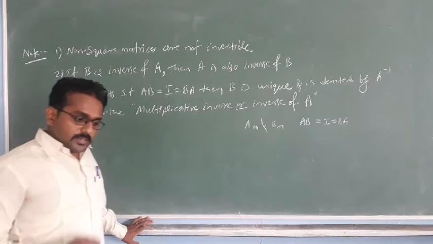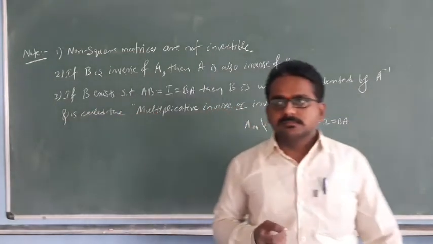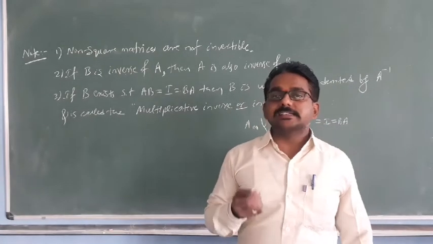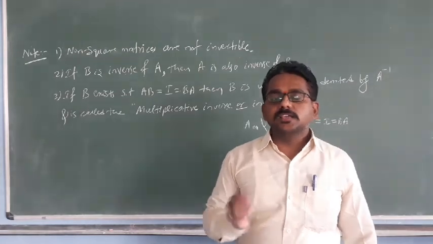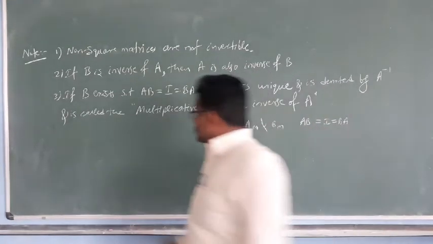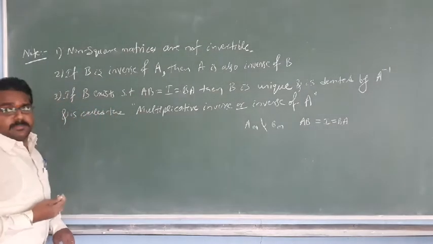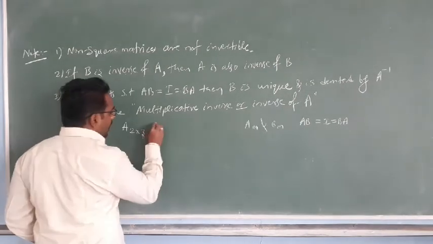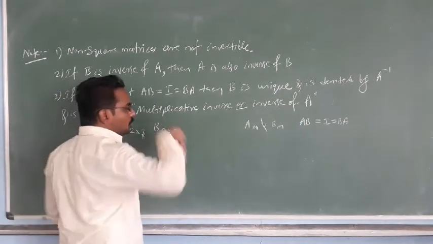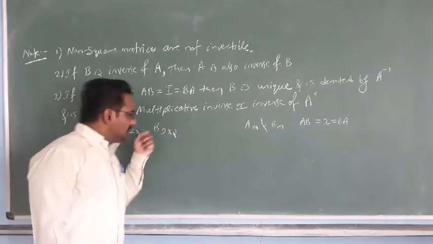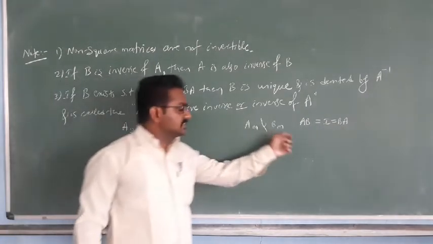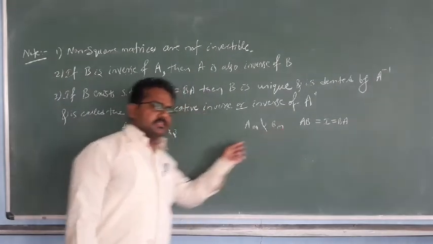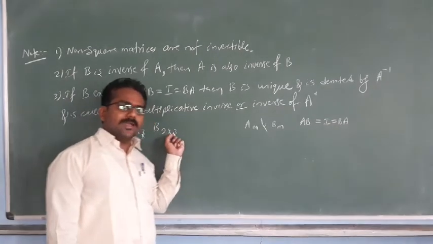The product of two given matrices exists only when a certain condition is satisfied by the two matrices. So let us see a non-square matrix, that is, if A is of order 2 by 3 and B is also of order 2 by 3. So A and B are of the same order, students, as I mentioned in the definition of the invertible matrix. This is of order M, this is also order M, this is also order 2 by 3, and B is also 2 by 3.